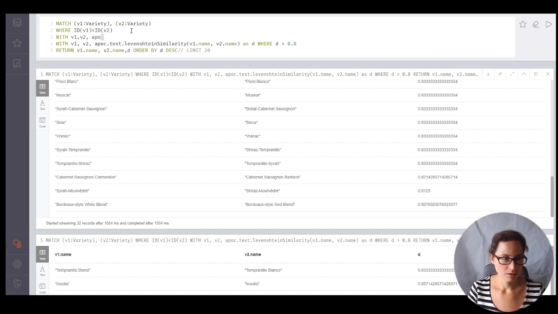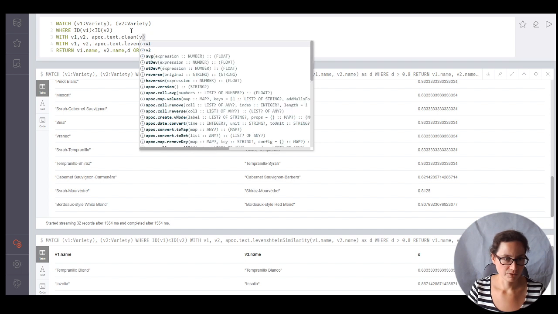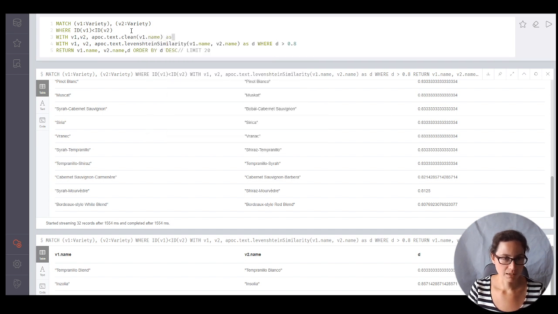APOC text clean v1 dot name as name1, APOC text clean v2 dot name as name2, and then that's what we're going to bring into the line similarity, so name1, and then we'll have a go at Sorensen distance as well in a second for good measure. 2 as d2,